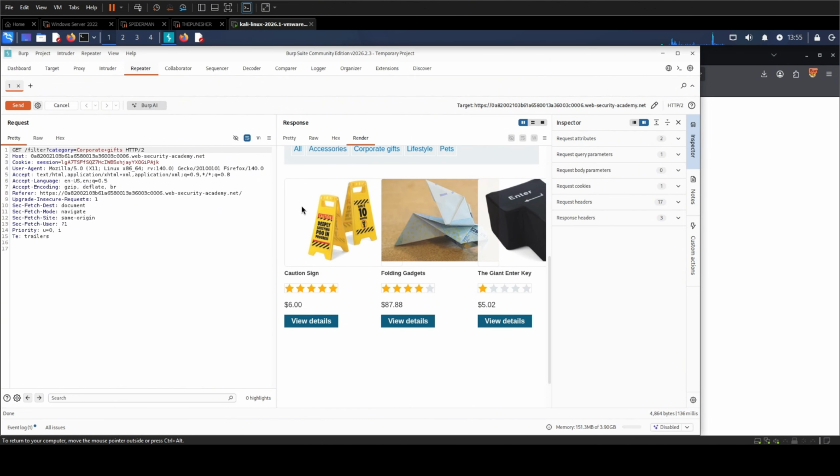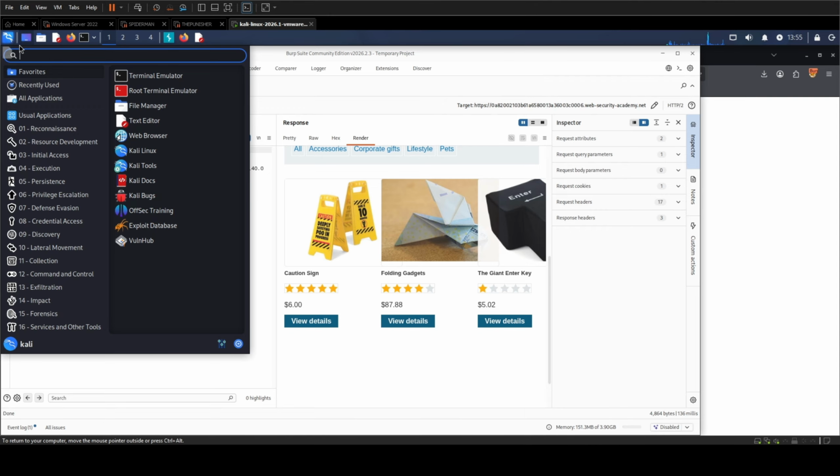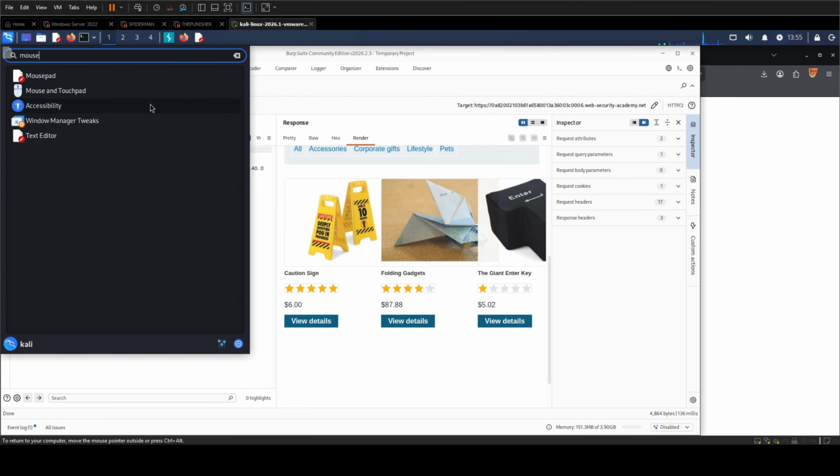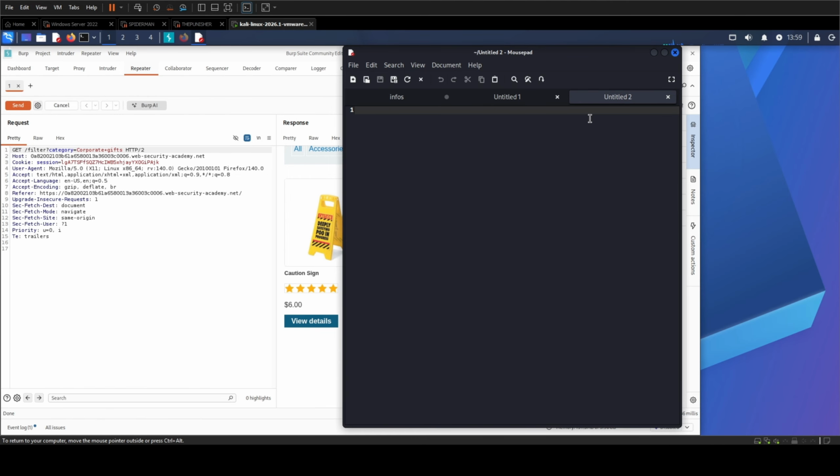Good, we're wired up. Now before I start blindly chucking characters at this, I want to picture what's actually running on the back end, because that's the thing that makes this click instead of feeling like guesswork. So let me sketch it out. We know it's MongoDB, and here's the key thing about MongoDB. A lot of the time, the back end builds a little JavaScript expression and lets the database evaluate it. So the query behind that filter is probably something roughly like this. So in plain English, find the products where the category matches what I typed, that's the first part, ampersand, ampersand, and where released equals 1.